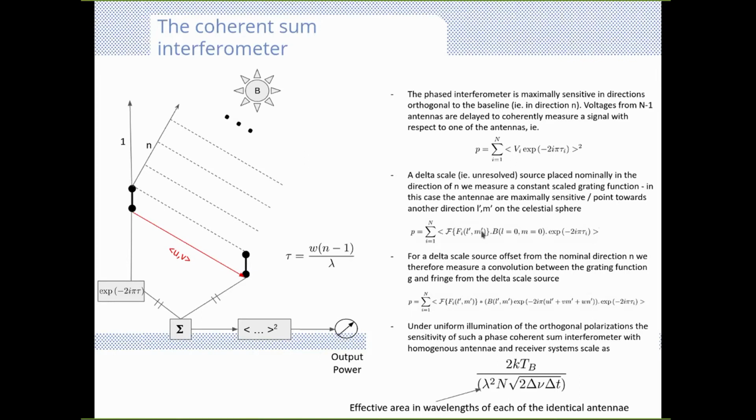Now, if we have a delta scale source, a point source on the sky of some brightness, so this has some power already. So we've removed the square here. We're indicating this as brightness, so this is in terms of watts. That source is placed directly in the direction of n, where the interferometer is steered to be maximally sensitive. Then what we're going to be measuring for a point source, an unresolved source, is just the grating function,